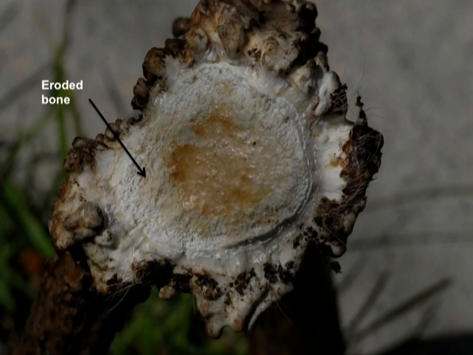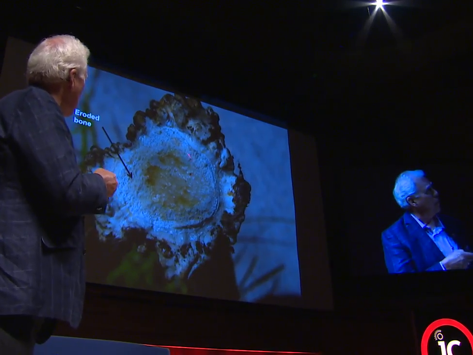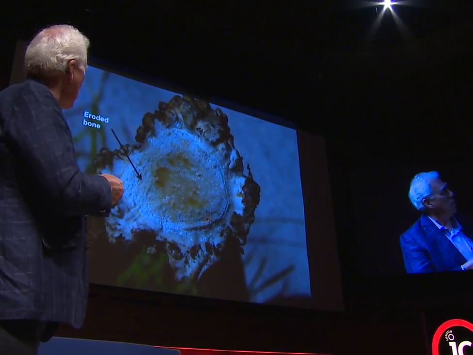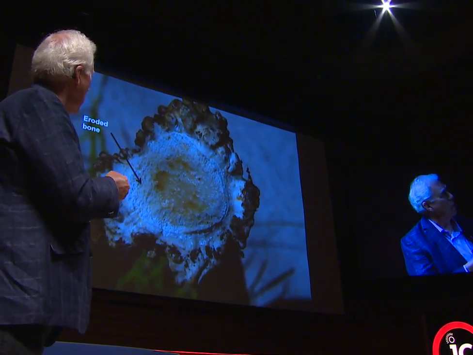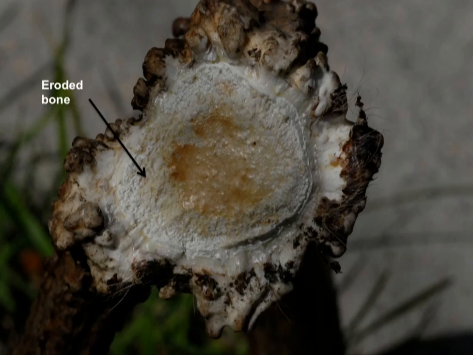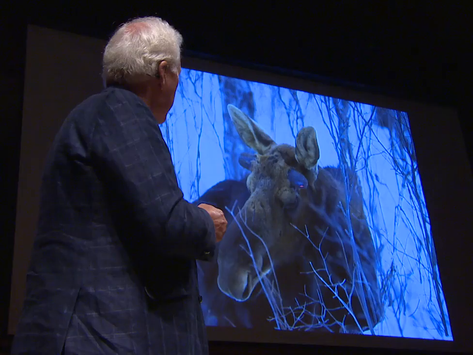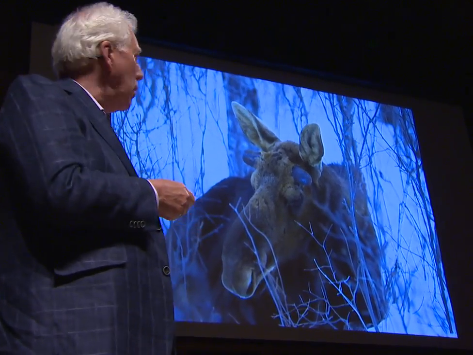What happens when they shed antlers right at the growing point between the antler and the skull? Bone-destroying cells invade this area right here, and the only part in this animal that was still attached was right in the center. I just happened to hit that antler with my hand, and it popped off. And the antlers start growing about the first part of April, and this was a photograph I took on April the 6th, and I saw this same guy on the 19th, and he had about 10 inches.